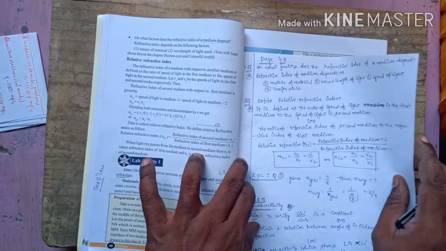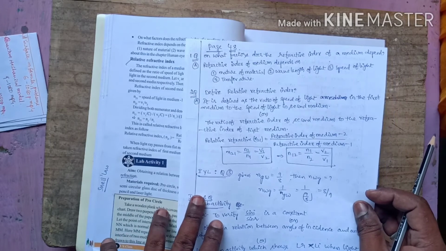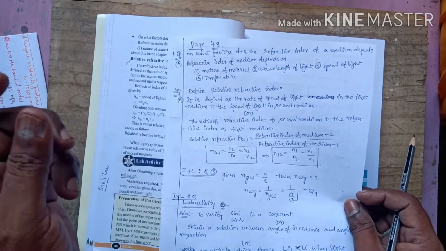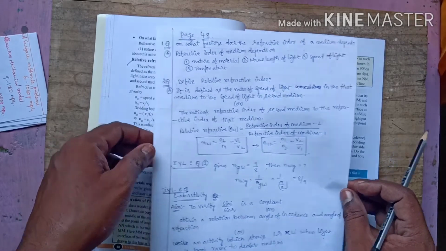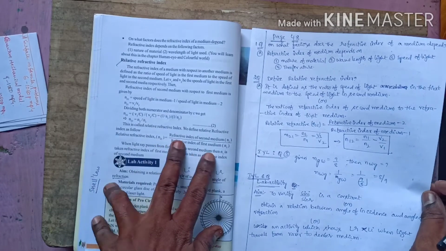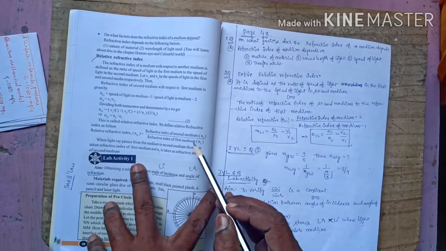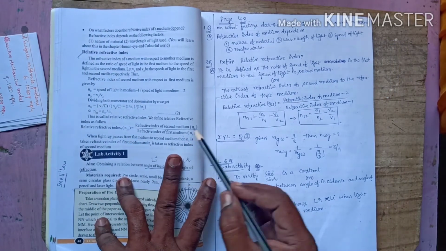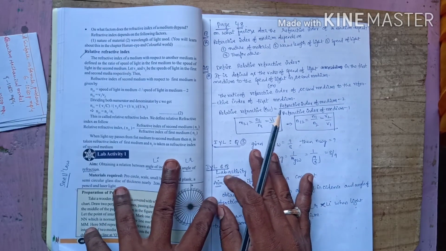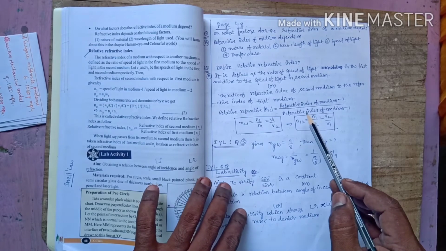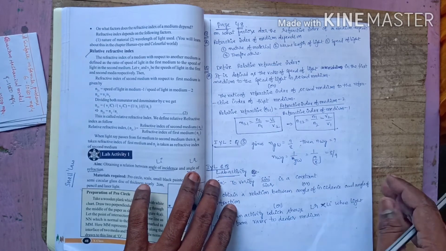On page number 48 only, one more subheading is given, that is relative refractive index. Define the relative refractive index and give the formula for it. Relative refractive index is the ratio of the refractive index of the second medium with respect to the refractive index of the first medium. n21 is equal to n2 by n1. I discussed this clearly in the video. If you go through the video, you can understand the concept. It also does not have any unit. Why? Because it is a ratio.